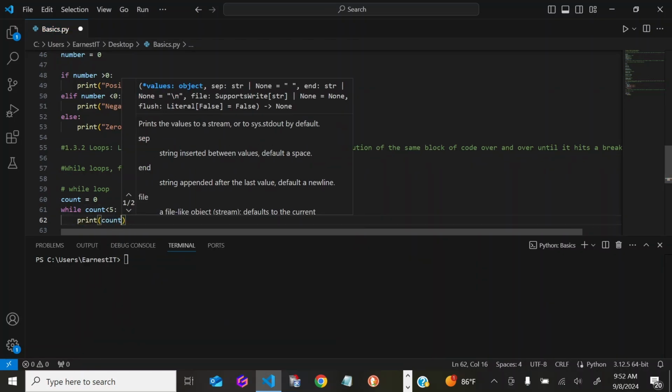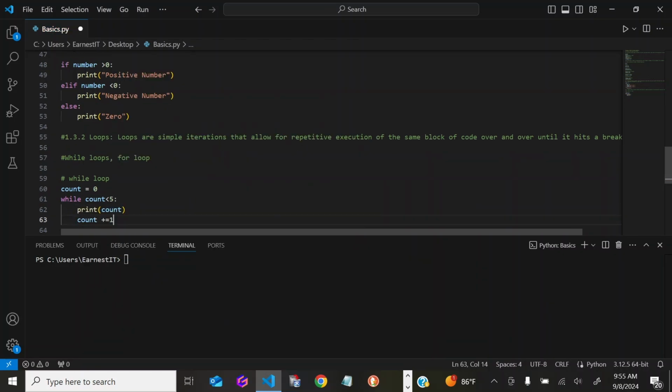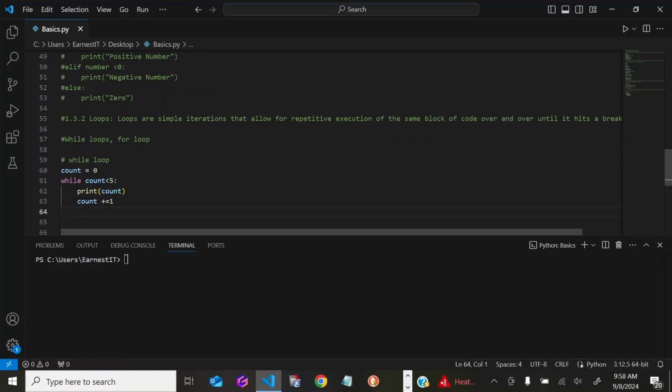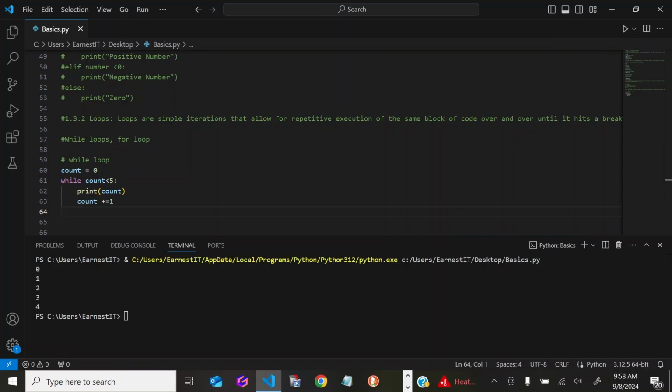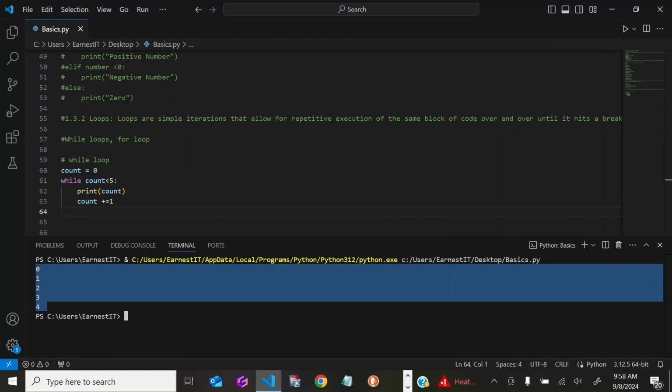It will actually give me a range of values, 0 to 4. If count is less than 5, we want to print count plus 1. So 5 is the breakpoint. Let me save this and then we'll run. Click run. It gave us values from 0 to 4 and then it stopped at 4 because 4 is less